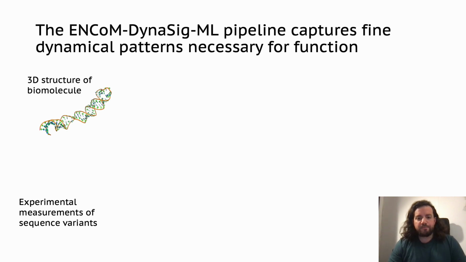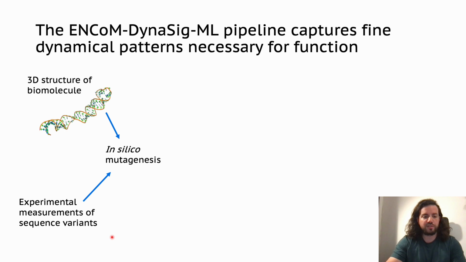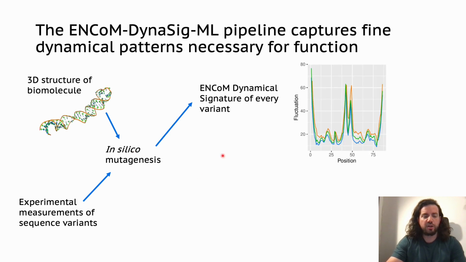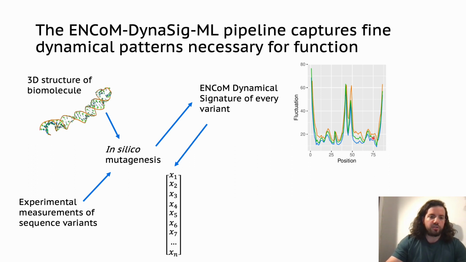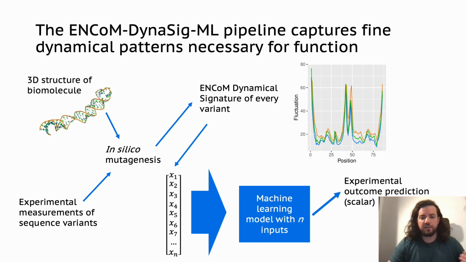And so what we're using to study these dynamics-function relationships is the ENCOM-DynaSig-ML pipeline. We start with a 3D structure of a biomolecule, then we also have experimental measurements of a function of sequence variants. We mutate them in silico. Then we use ENCOM, a coarse-grained normal mode analysis model, to generate dynamical signatures for every variant, which are basically vectors of fluctuation at every position. Here you see them as a vector, and then we feed these vectors in machine learning models